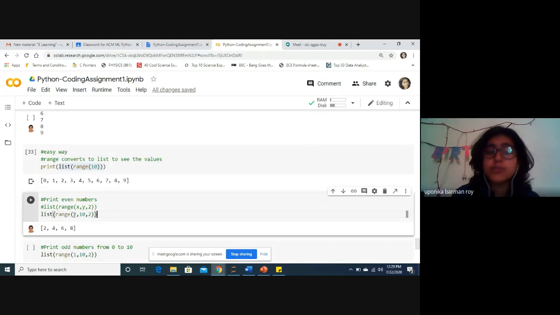So if I give from 2 to 10 with a jump element of 2, that means it will print 2, jump 2 elements, 4, again jump 2 elements, 6, again jump 2 elements, and 8. So till 8 it will show, but it will not show 10 because the list is till 9. We have initialized with 10, that means the value previous to that is 9, and 9 is not a jump element, and once it is not finding the jump element, it will stay where it was previously.